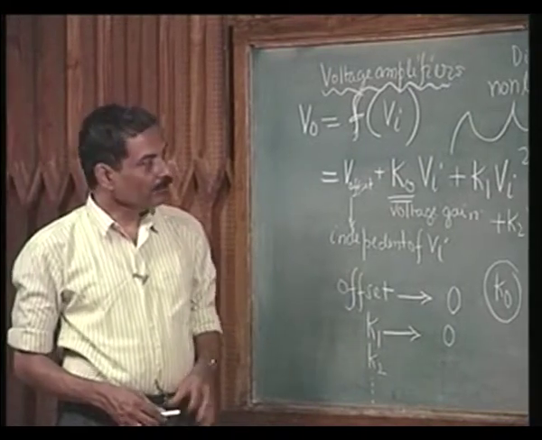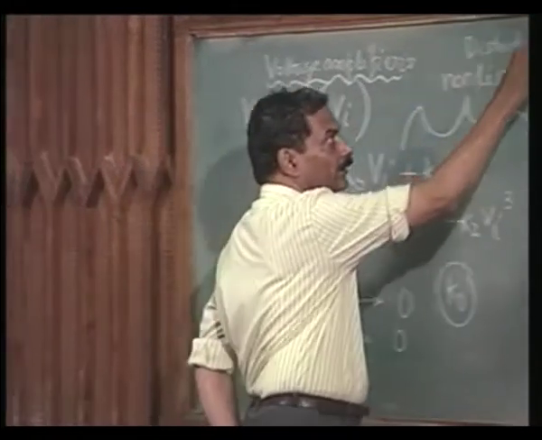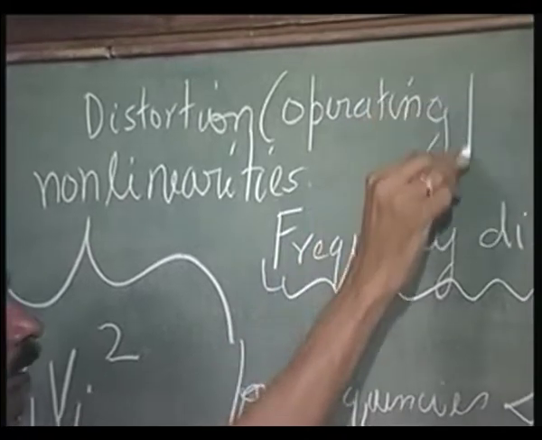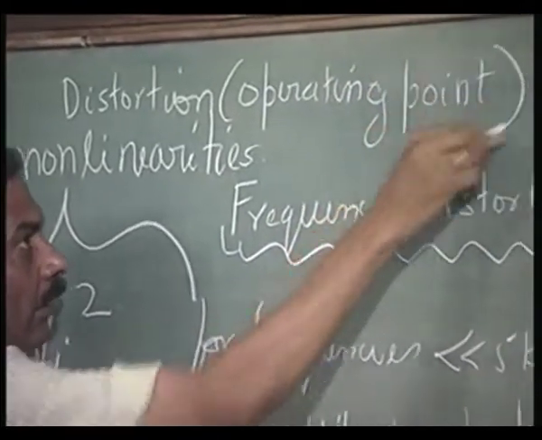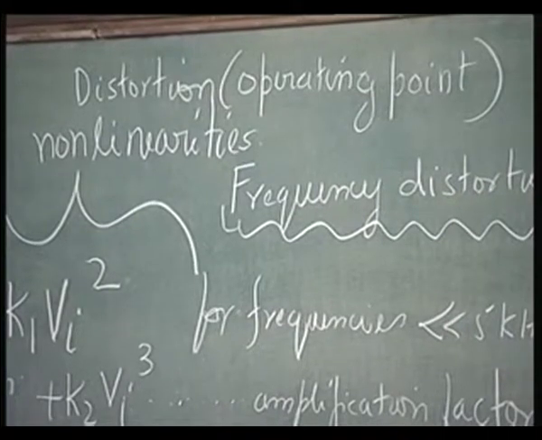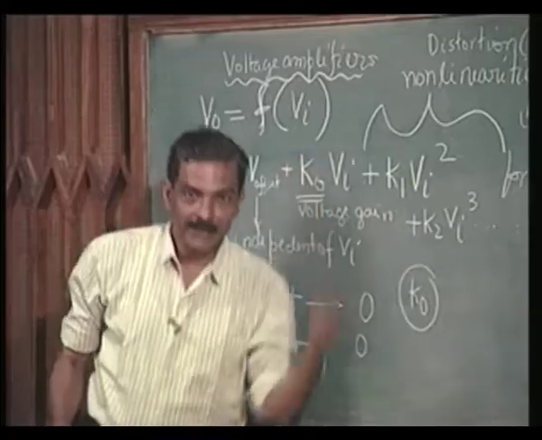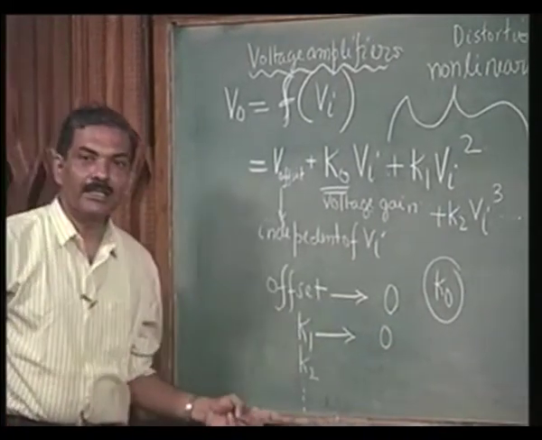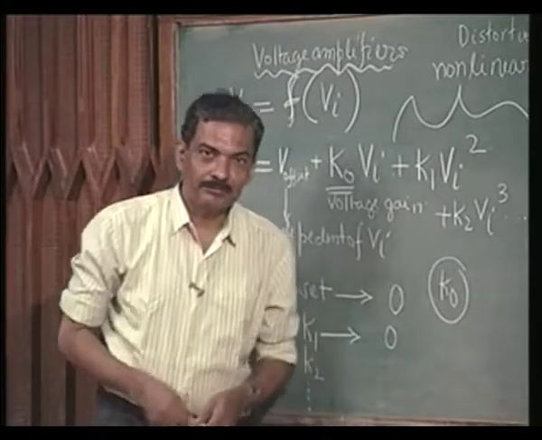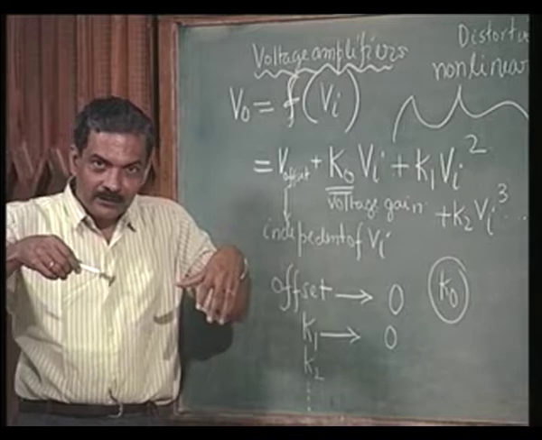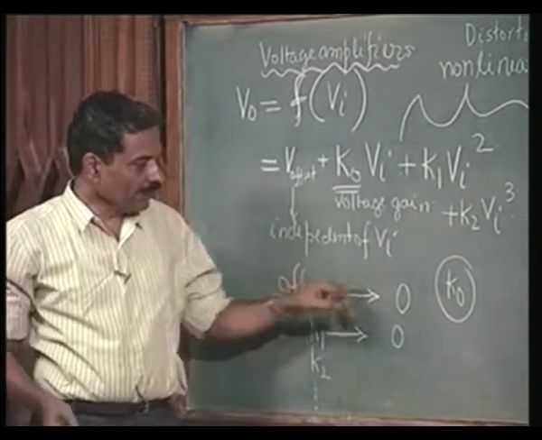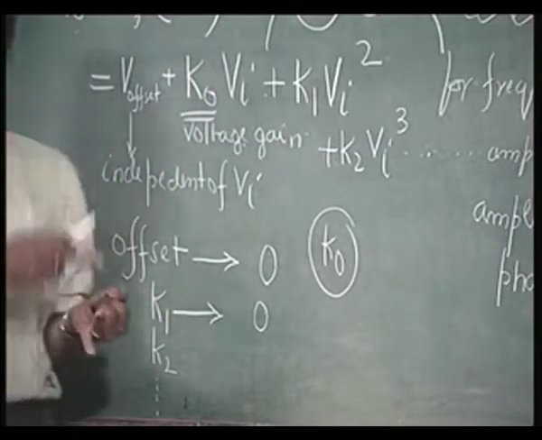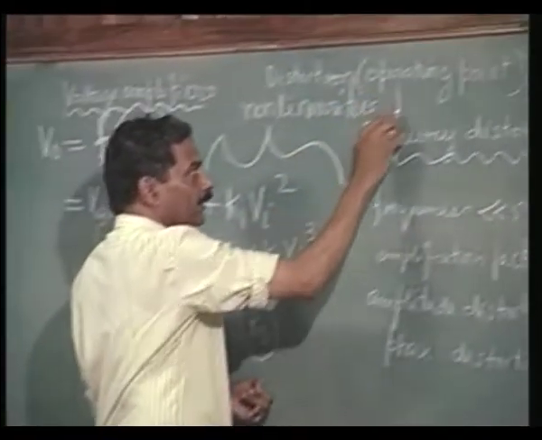We can therefore select the operating point of the amplifier in such a manner that the offset is 0, and K1, K2, Kn are as small as possible, or we will select the device for designing the amplifier in such a manner that this is valid. That means, after selecting the device, we will select the operating point for the device. That means, biasing